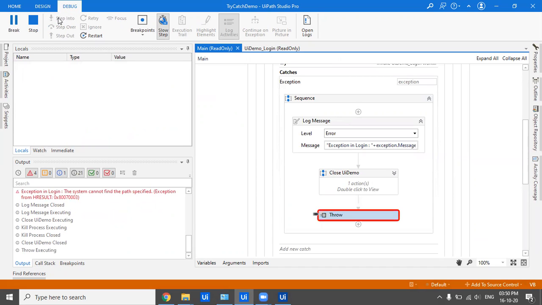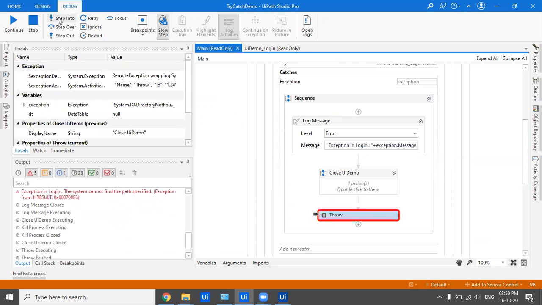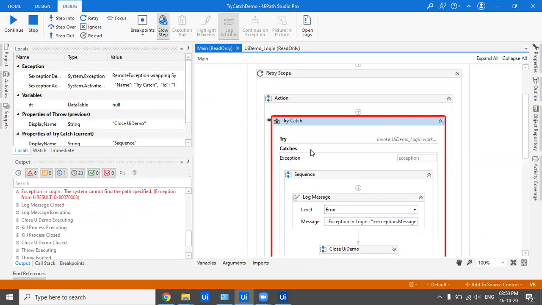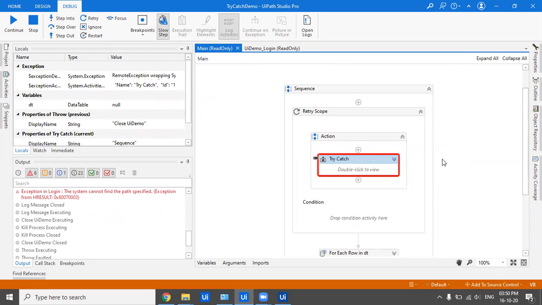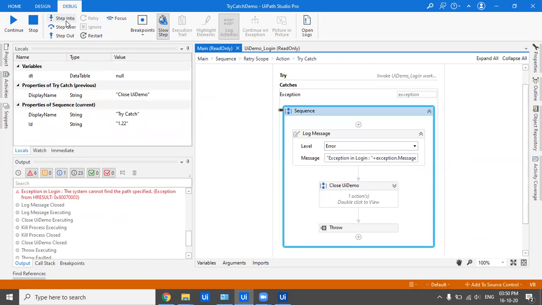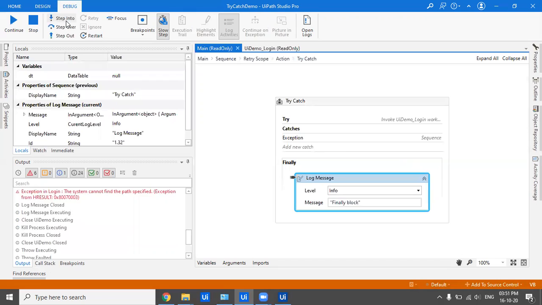Once we throw the exception, we've thrown it here and we are on the main workflow. So we have the exception here in try catch. Now it would go back to retry, because we have the exception and we have not mentioned any condition of the retry scope, but we have thrown the exception.